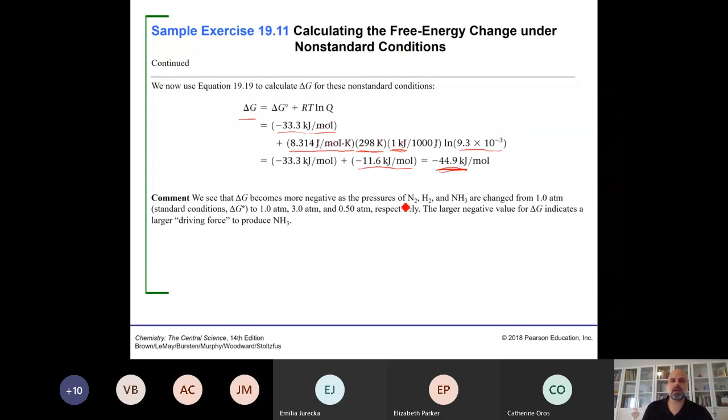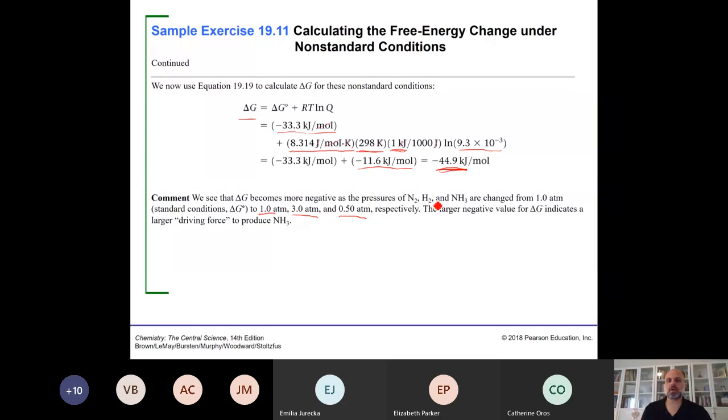It becomes more negative as the pressures are changed from the standard conditions. Standard conditions, each of those would be 1 atmosphere. But now, because we have 1 atmosphere of nitrogen, 3 atmospheres of hydrogen, and only half an atmosphere of ammonia,